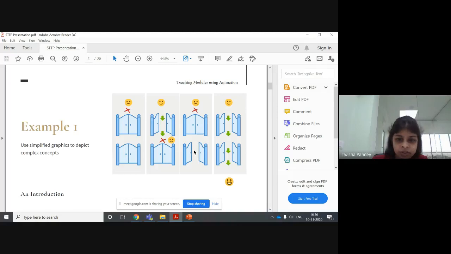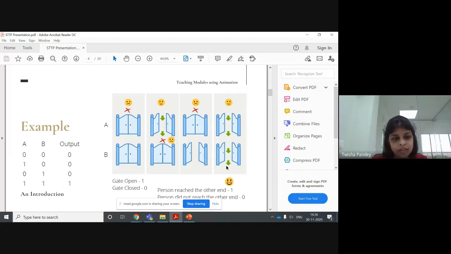The same situation is here. The first gate is still closed. Even if this gate is open, it doesn't matter to that person. He cannot go to the other end. And it is only in the fourth scenario, wherein both the gates are open, that this guy can go to the other end. And if I choose to name this gate as A and this gate as B,